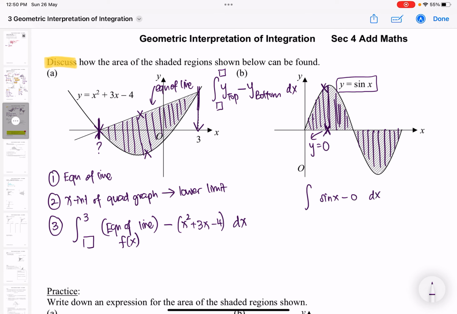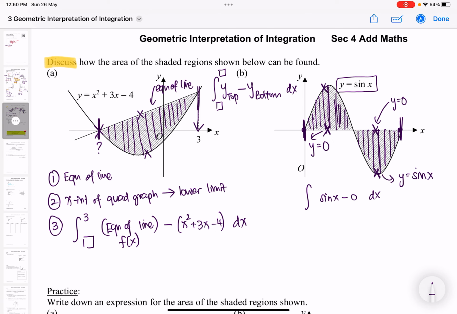However, how do I now decide my limits? You can see that the area actually starts from this point all the way to this point. So technically, these are the two values I should use for the limits. However, if you look at a rectangle in this region, if I were to take the y coordinate on top minus the y coordinate below, can you see that in this case, I should be taking 0